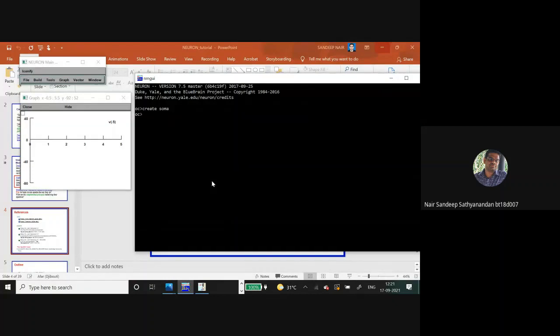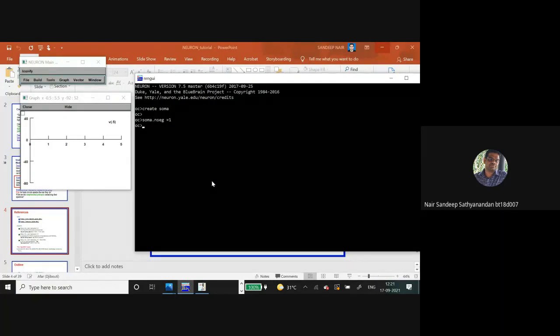Now you can assign the parameters. What all parameters are there? Number of segments for the soma, we'll keep it 1. And then the diameter of the soma. Objects can be called using the dot operator.